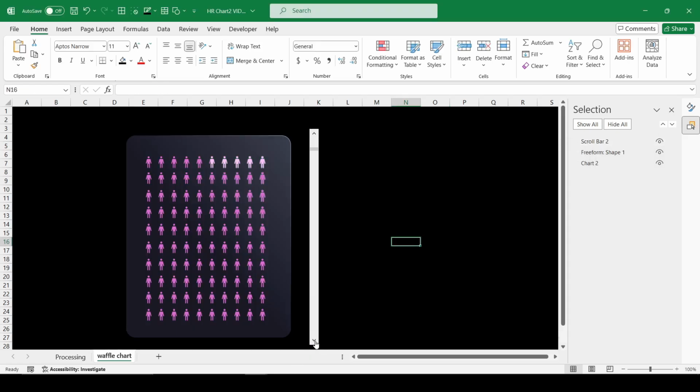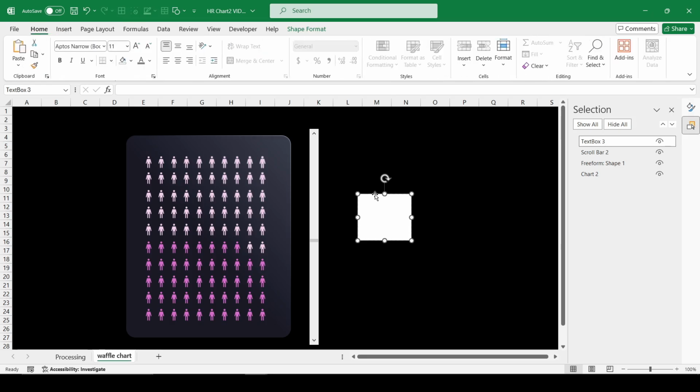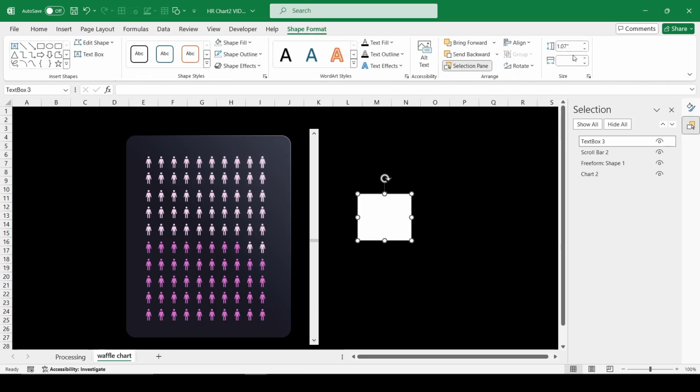Check the functionality of the waffle chart. Add a text label shape, text box, and in the formula bar, link it to the cell with the initial values for the chart.